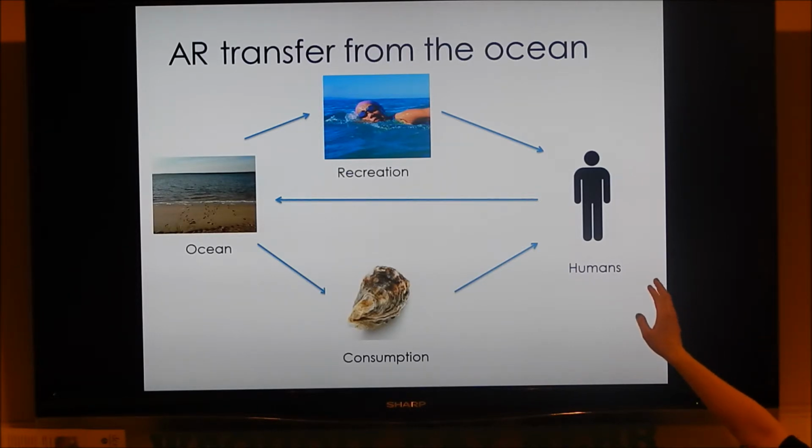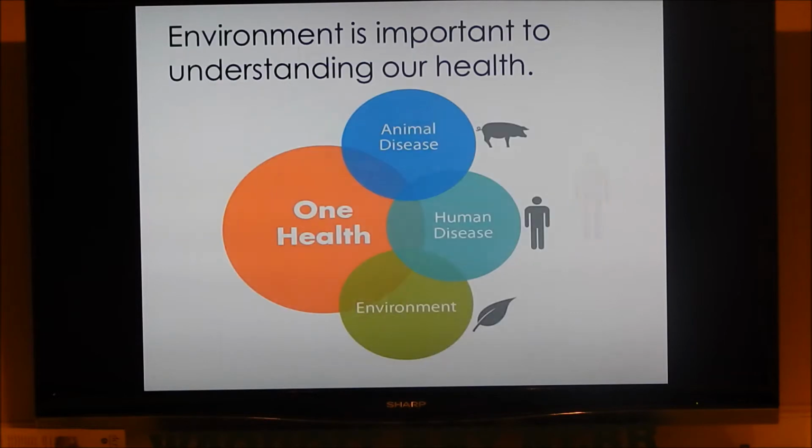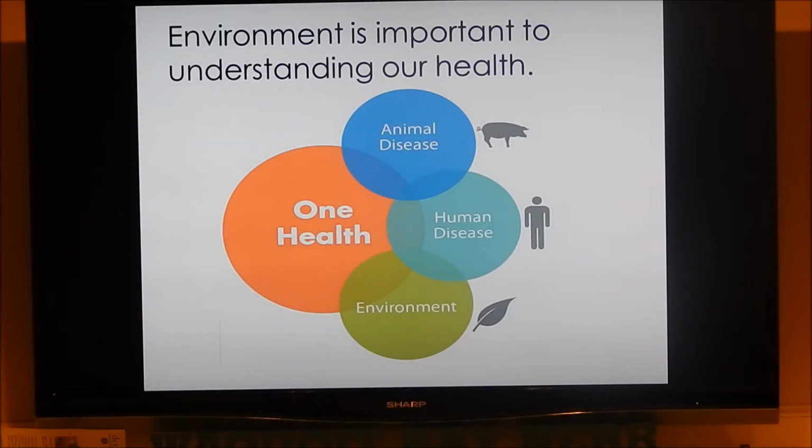And then going back, when we interact with the ocean environment, or through our waste products from aquaculture, agriculture, human waste, etc., those can get back into the ocean as well. It also gets in directly because as you bathe in the water, you're shedding your bacteria naturally, like from your skin. So overall, these concepts are important, not just to understanding what's going on in the environment, but understanding our own health. This is the One Health concept, which basically says that we need to understand animal disease, human disease, and the environment to better understand ourselves.